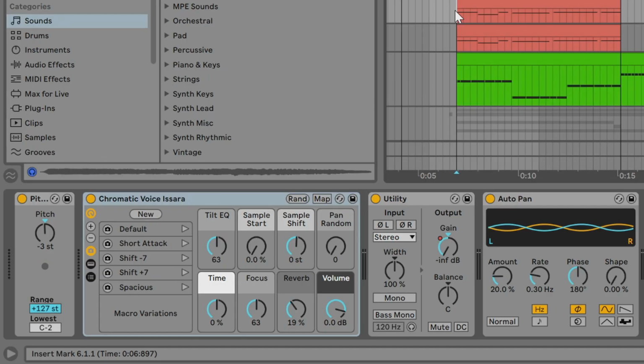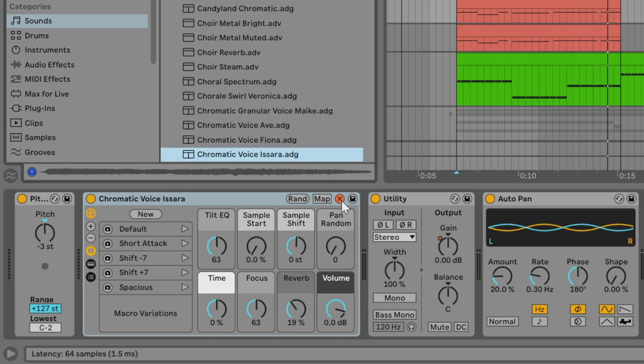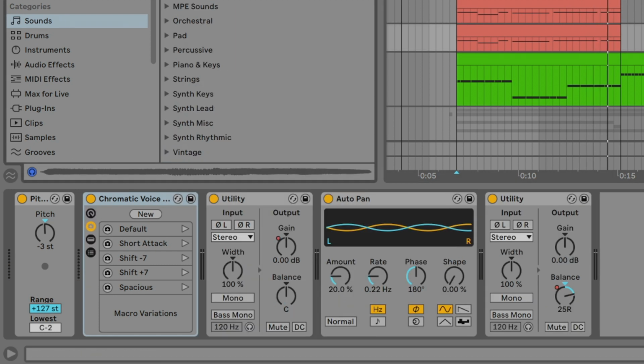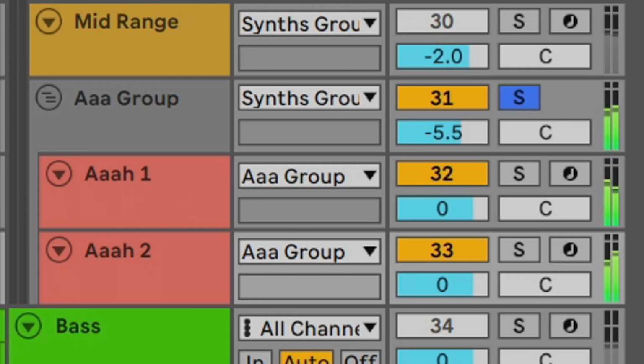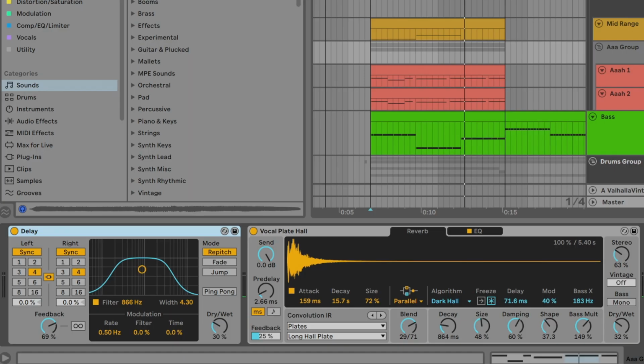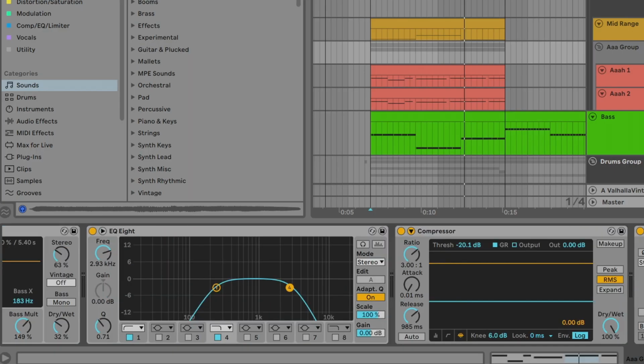There's some choir sounds with lots of space in the background. These are also stock sounds in Ableton Live. There's a lot of volume automation going on, and it's auto pan to keep this thing moving around in the stereo field. 2 layers, left and right. Here's the delay, reverb, equalizer, and compressor.